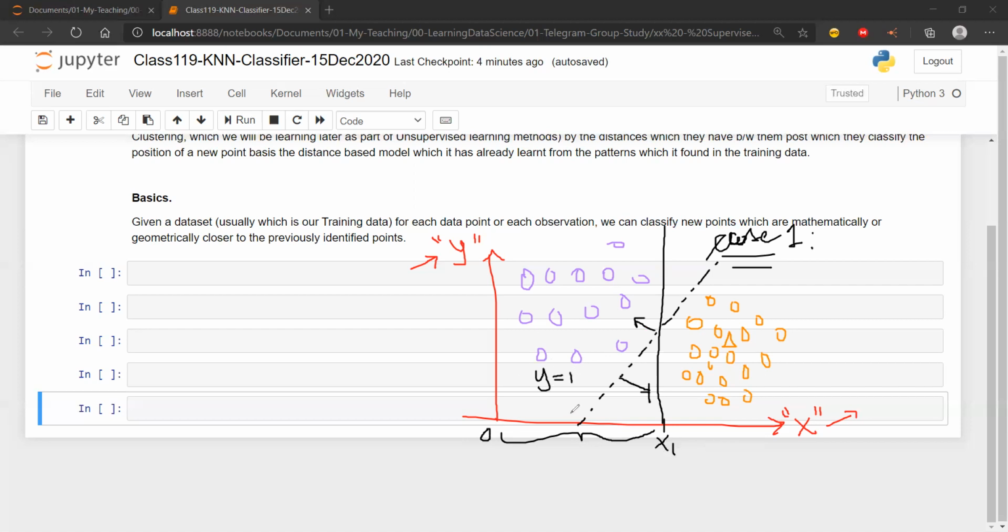Or let's say this axis is actually Z, and X and Z are the features. If X is less than X1 and Z is less than Z1, then all the points in this class belong to category Y1, else they belong to category Y2.